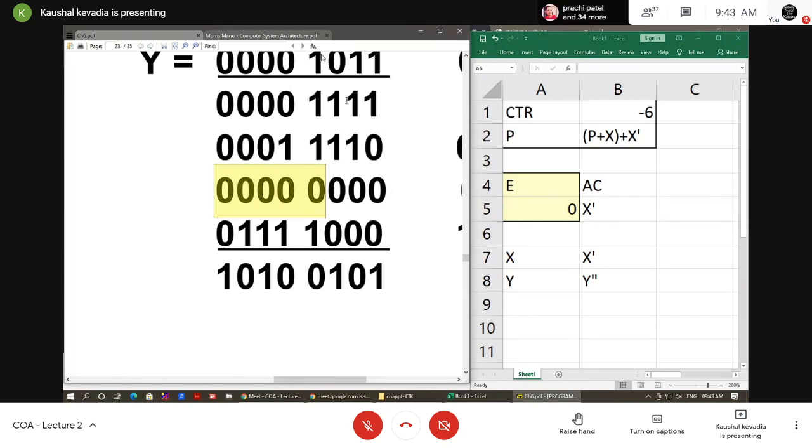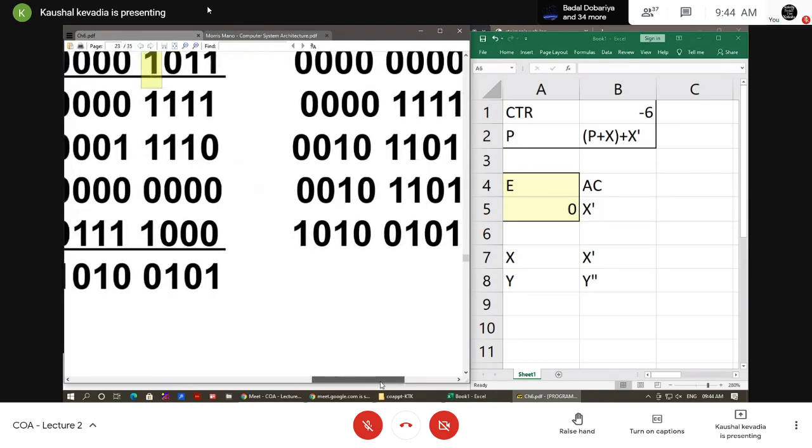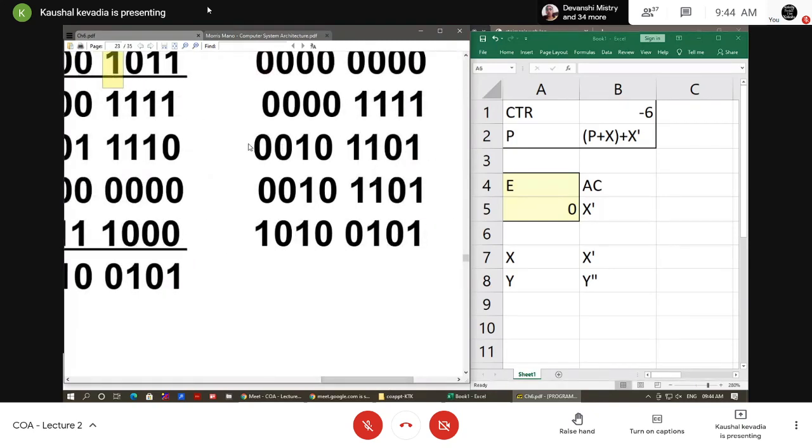But after that, when we receive the 1, we want the new value of X. So that's why every time we want to do the shifting of X variable. If it is 0, then it is fine, we don't do the addition, but shifting is compulsory. Okay, so if you check for that 0, this partial product we will get the same.